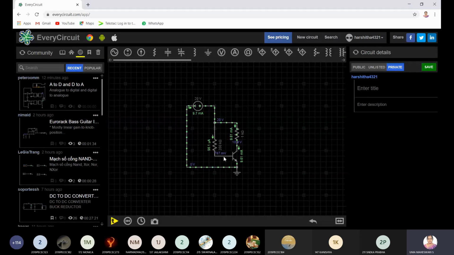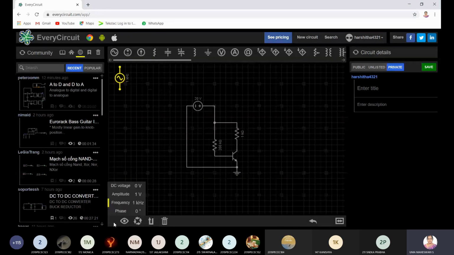Then the second type of analysis is with respect to time. I have to give the AC input signal and include the capacitors and everything. So what you do is rewind the diagram, and your original diagram comes back. Now I have to add all the new components. This is your function generator. So go for the spanner symbol.